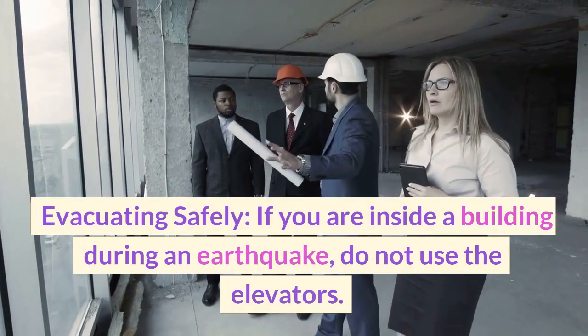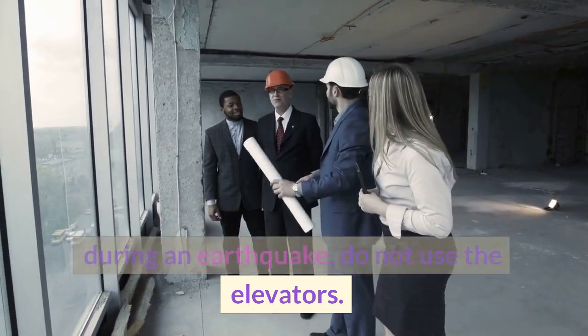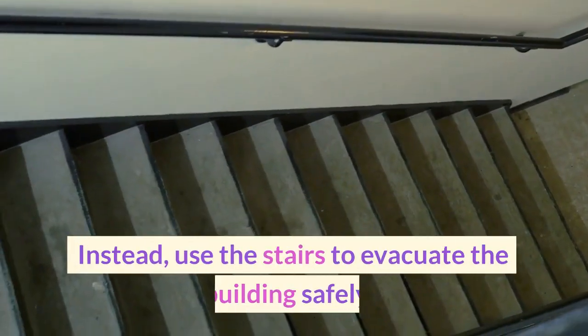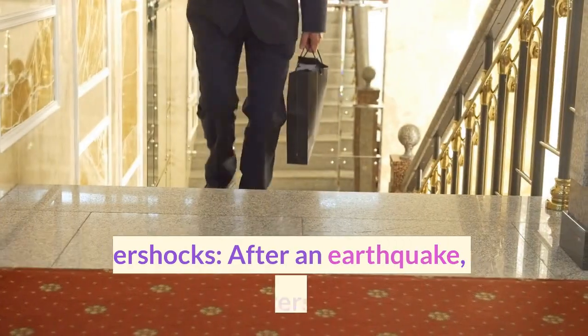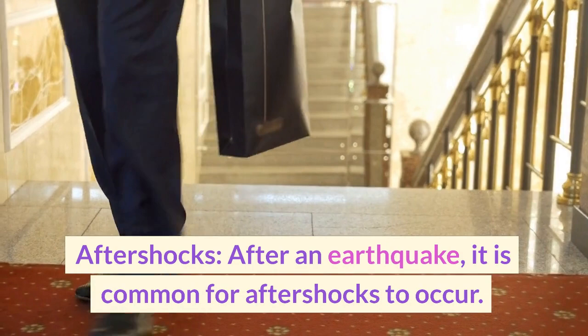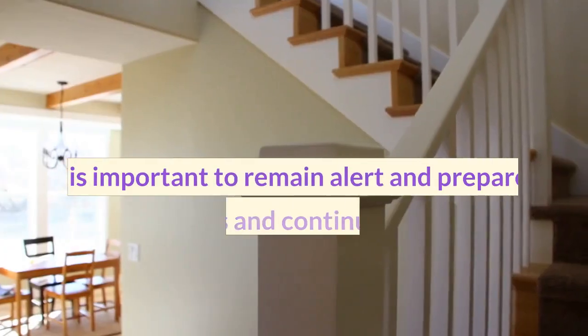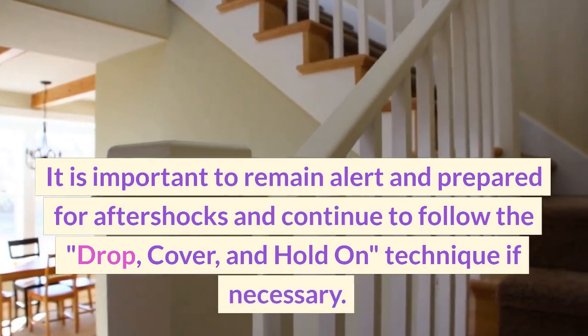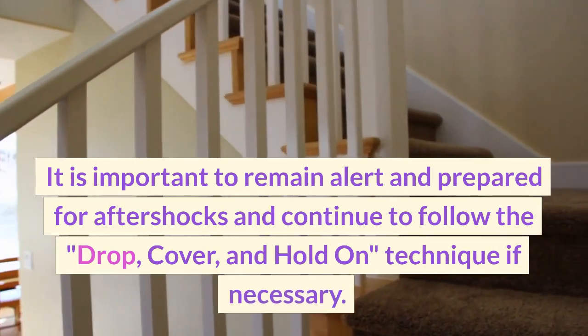Evacuating safely. If you are inside a building during an earthquake, do not use the elevators. Instead, use the stairs to evacuate the building safely. Aftershocks. After an earthquake, it is common for aftershocks to occur. It is important to remain alert and prepared for aftershocks and continue to follow the drop, cover, and hold on